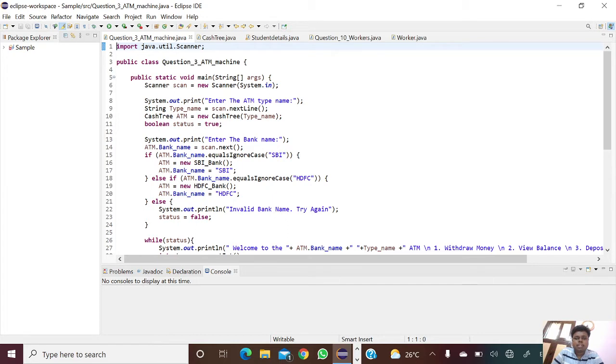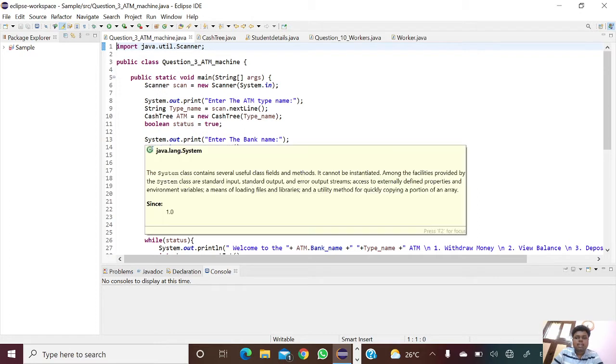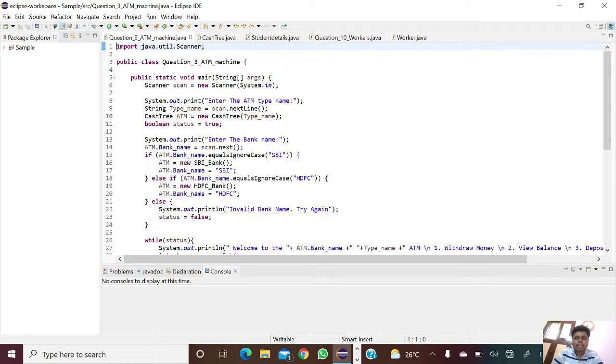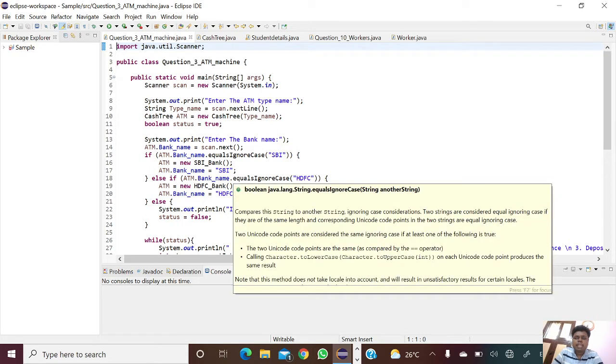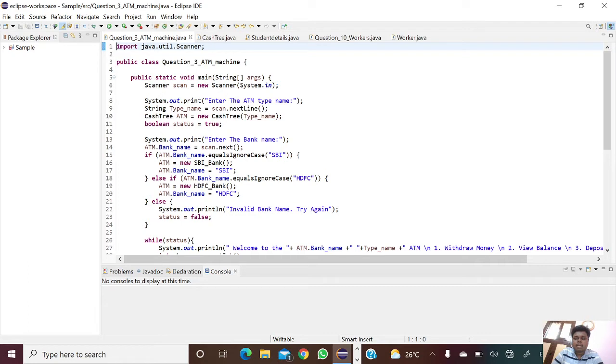Next, creating a boolean status equal to true. Next, getting a user input like enter the bank name, and the ATM.bankName equal to scan.bankName. If the bank name is SBI, then it will print SBI. If the bank name is HDFC, it will print HDFC. Other than SBI and HDFC, if we give any other bank name, it will show an invalid bank name and then try again. Meanwhile, we're creating